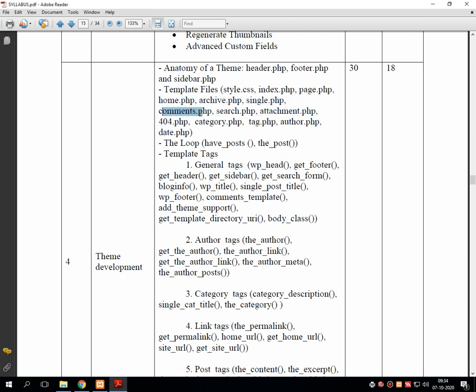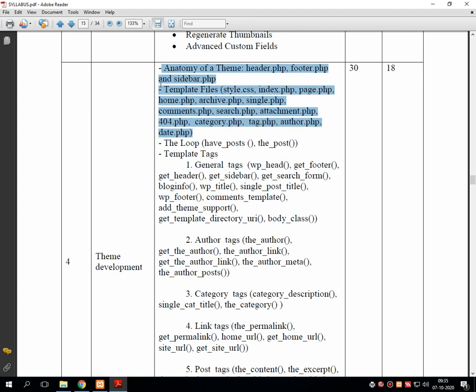Then we go for some other files also, like comments.php, search, attachment, 404, category, tag, author, and date.php. These are the topics that we will cover for standard themes, which are downloaded by WordPress itself from its store. I will tell you in detail how we can go ahead with this particular section.